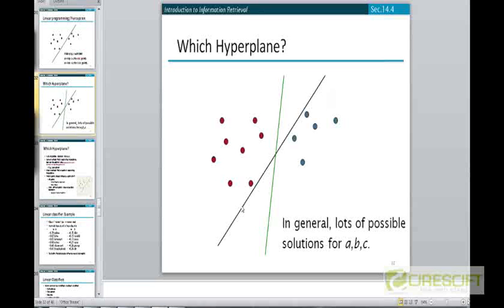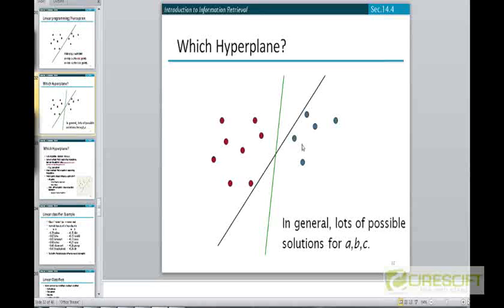So what do you think is a better separator? Is it the green line or the black line? The green line. Why is it the green line? Because the distances are more between the boundary points. Exactly. The distances are more, whereas if you look at this black line, it's possible these 2 points are already so close to this black line that there could be another test document which is close to this red point, but which will fall on the other side of this line